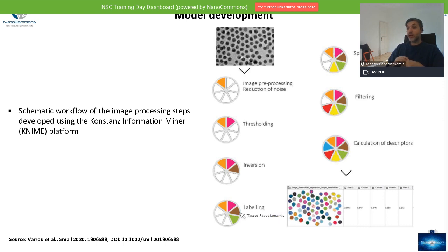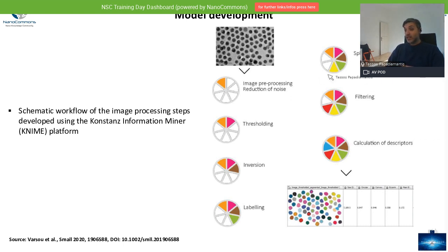When you actually have an initial labeling of the nanomaterials, then you just start playing with the parameters so as to acquire the optimum labeling of the image that you got, to get the most out of the image, the maximum number of nanomaterials, and in this way you can actually get very good statistics, as well in terms of standard deviation and so on.